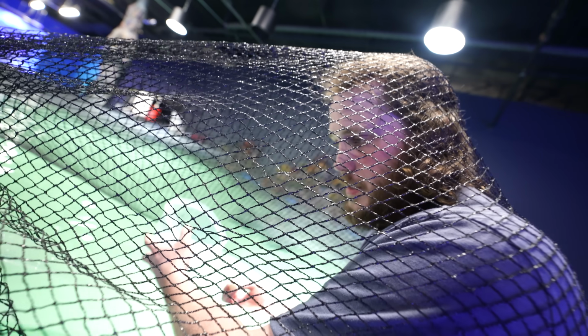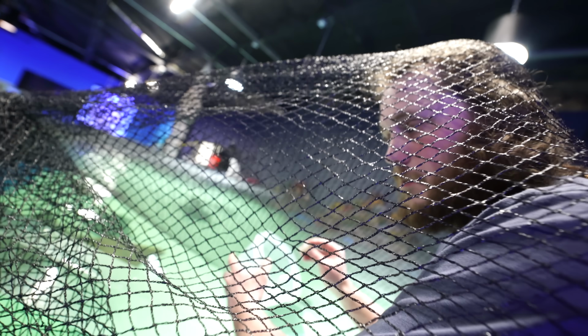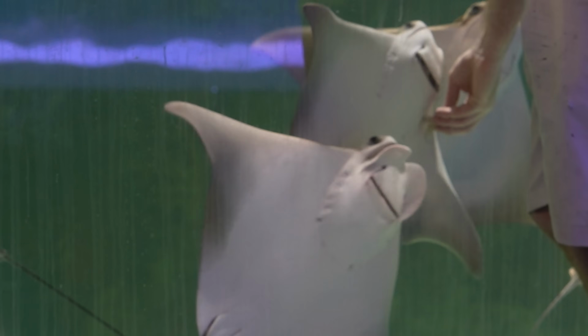This is really good behavior from them. Eventually, when I have a little bit more time, I'll build a little target for them. The reason why I'm feeding them up front is I want them to get comfortable, because eventually we're gonna have guests do feedings for the Stingrays. Them getting comfortable coming up to the acrylic is what we want to see because we want them to interact with the guests. But this will be for the guest feeding out here. When I build the target, that one will be the morning time feed, when the aquarists want to feed them the amount that we want to, and that is the designated spot only